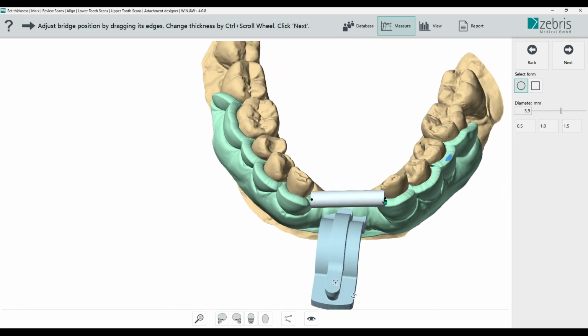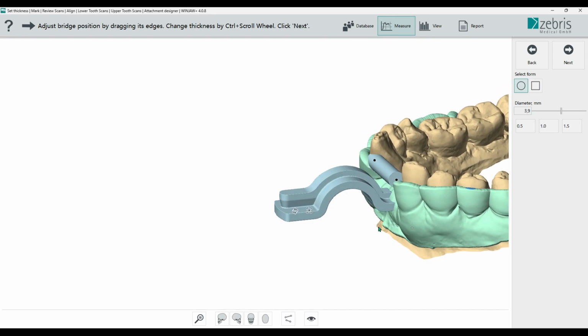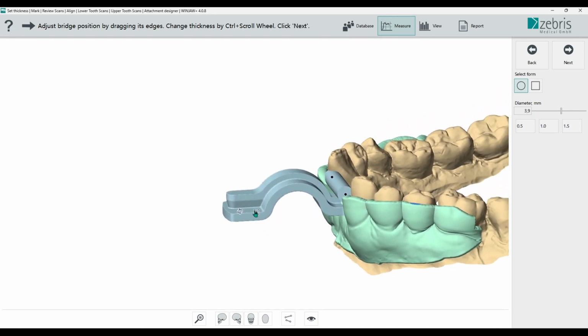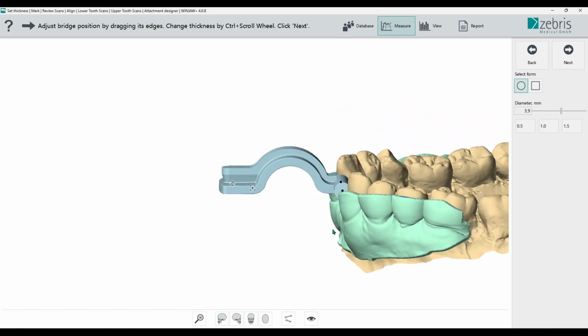We can adjust the position of this bridge, and we can now place the adapter on this bridge so we have a good height for our attachment for our measuring.